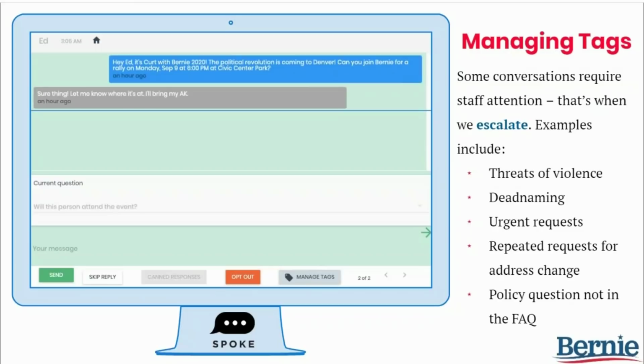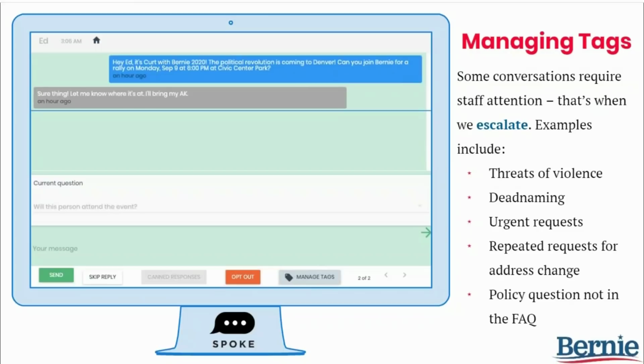These extremely sensitive conversations we want our campaign staff to handle. Any urgent requests, like someone who's having trouble finding an event location or a volunteer who can't find the meeting place for a rally. Finally, any demands to speak to a staffer or supervisor so that they can handle those difficult or challenging dynamics from those conversations.